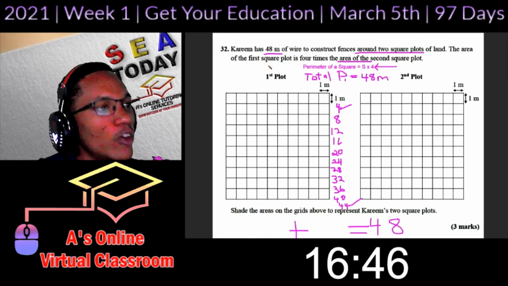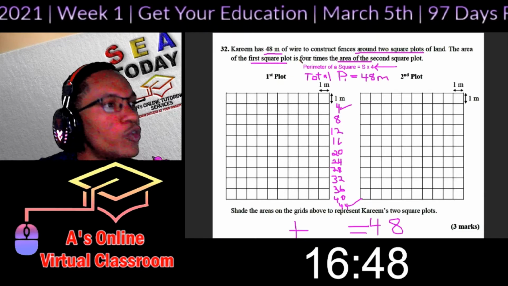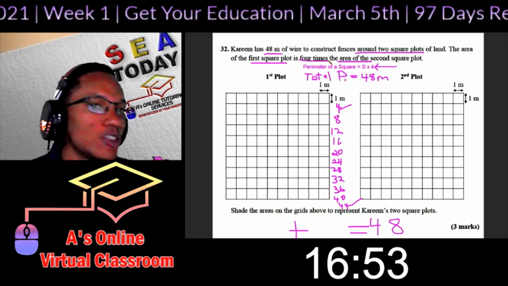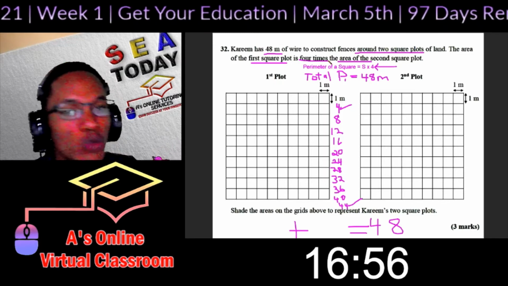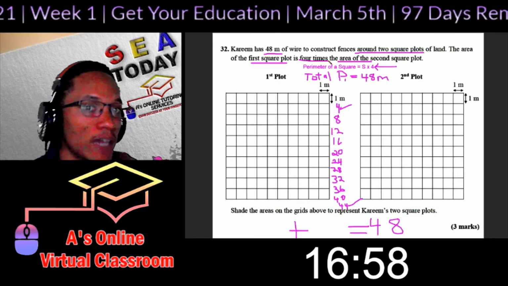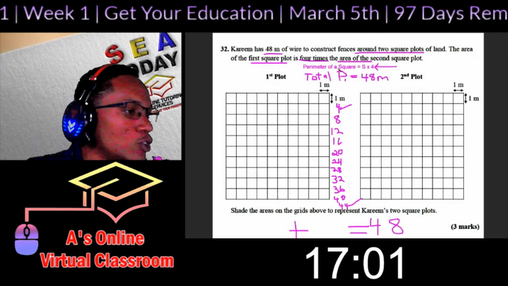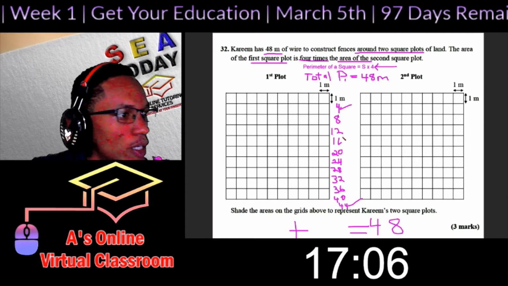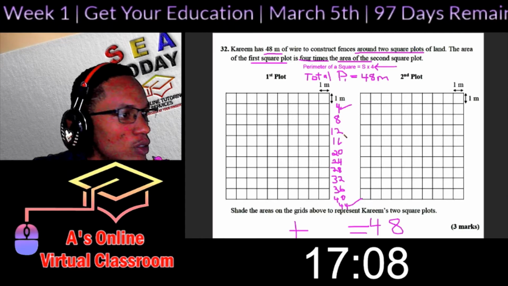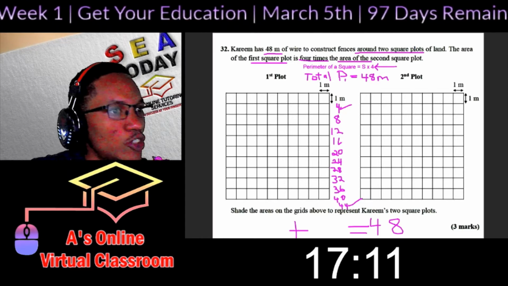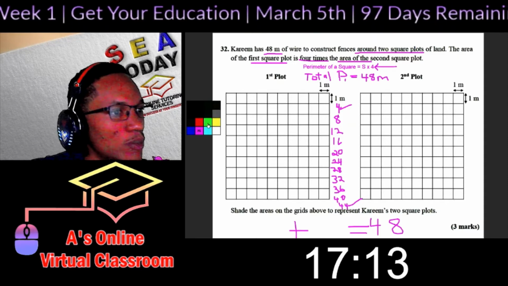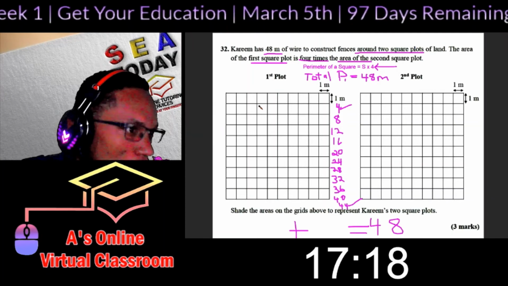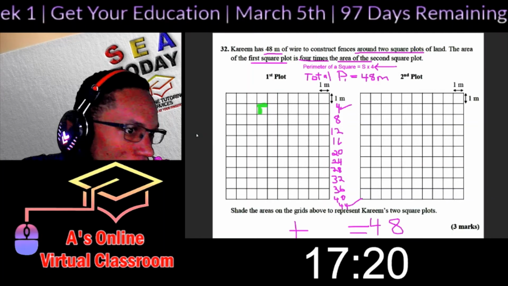They said the area of the first square is 4 times the area of the second square. So that is going to be our other guide to see which 2 numbers we will pick to find out the length of our square. So what we will do is let's start coloring some squares. Let's pick a color here. So 1 square